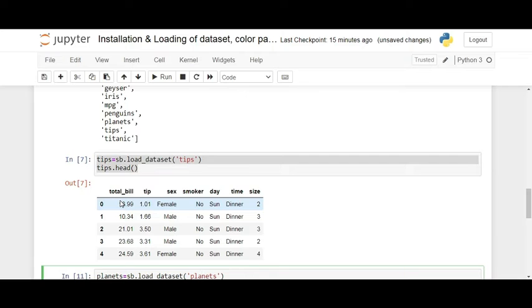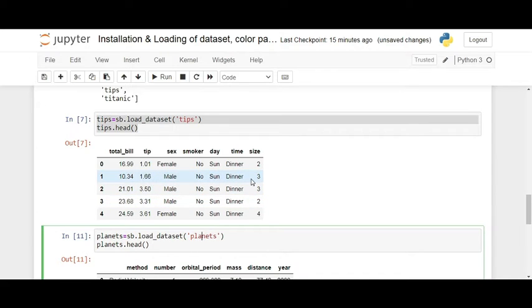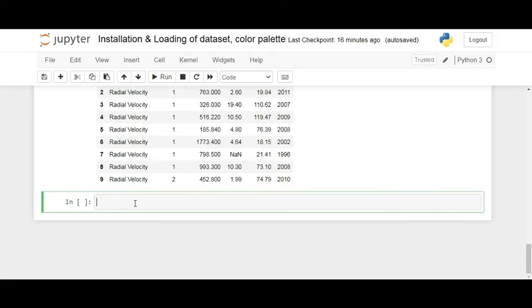Another thing is, this means that the columns of data frames do not need to contain values of the same data type. They can be numeric, character, or logical also. You can see it here. Data frames in Python come with the pandas library and they are defined as two-dimensional labeled data structures with potentially different types of columns. So this was all about the installation process and loading the data sets. Now we'll go for